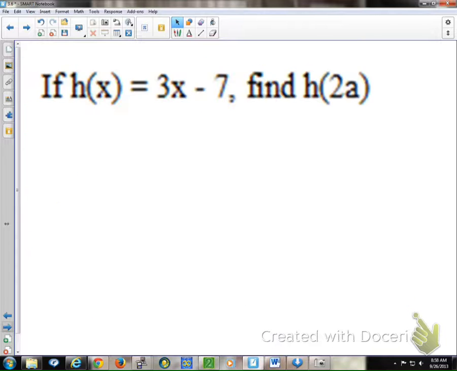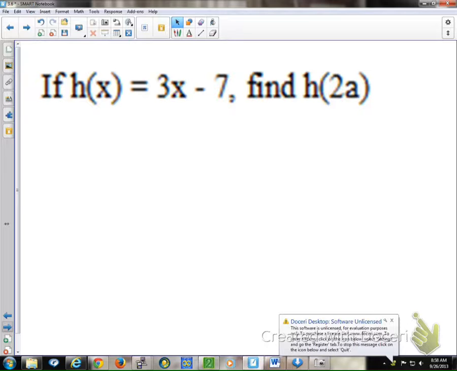And this was the last one. Just to reinforce that whole idea, here's an equation and we can plug anything we want into that equation. They're saying, we're not even going to give you just a number, we're going to throw you something crazy like 2a. Okay, well, we're going to evaluate this function at 2a. We're just going to plug 2a in for x. So they substitute something else in for it.